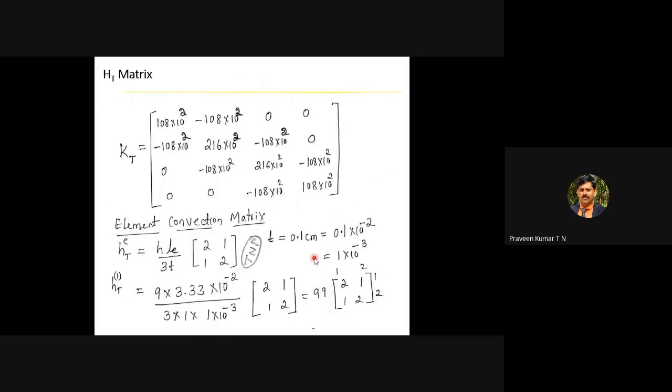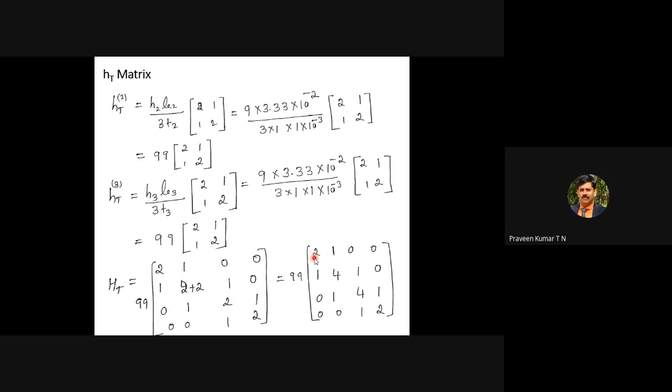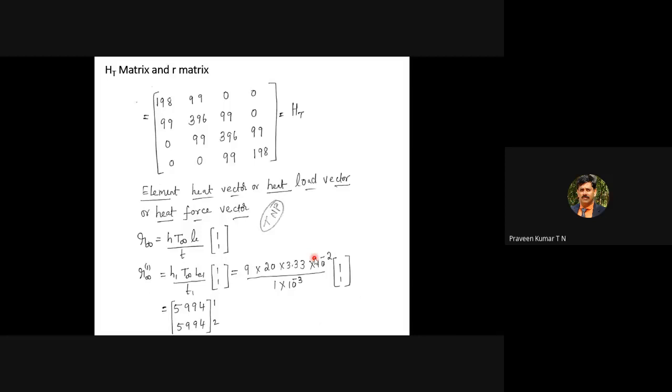Now you have to find the convective heat transfer matrix for element 1, element 2, and finally H3. Then on the right hand side we have the heat force vector. It is nothing but your force vector in bars, trusses, etc. Here the force vector is replaced by the thermal heat force vector, which is different for the fin. I may give some formulas for only conduction, convection, or only fins, but from your side also, on one piece of paper you write down